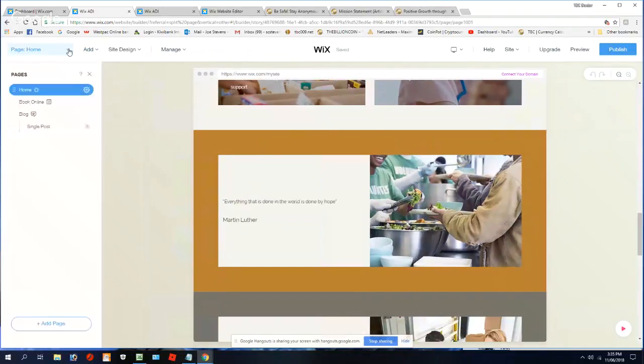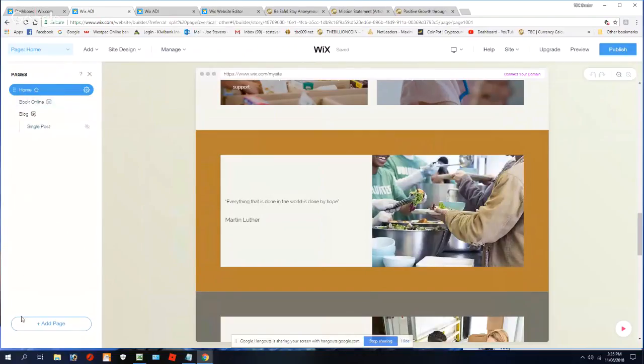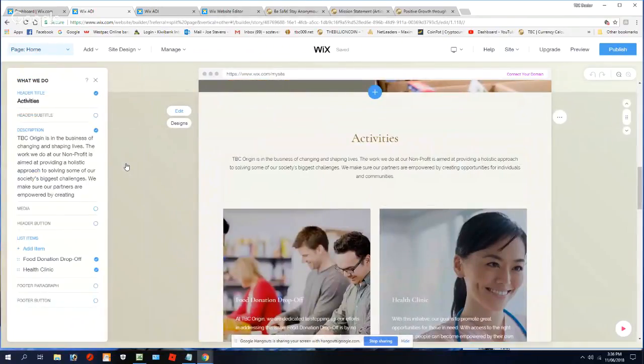What I want to do is, normally there's an editor that sits over here, but I can't see it. Hang on. Site design, nope. Edit. Nope. It will turn up.